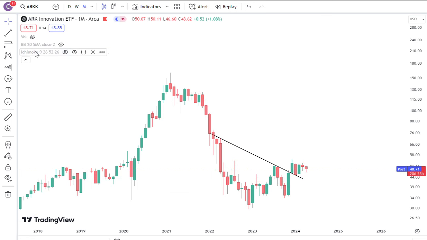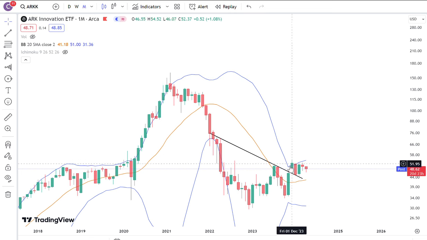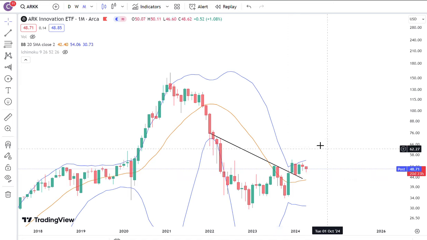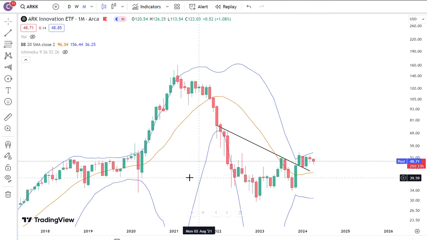So I actually like the way that the ARK fund is looking right now. If you look at the Bollinger Band, it's also not overextended. If anything, it's just been a little bit sideways and a little bit inside here. The Bollinger Band is actually expanding. The 20-month moving average is crawling up. This is just the very, very beginning stages of a potential longer-term bull trend, kind of like how we were